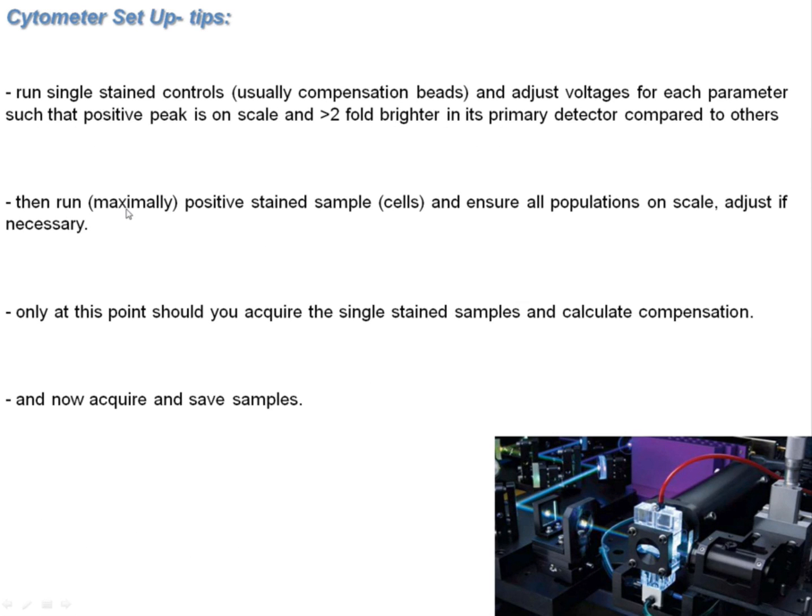A couple of lines about actually setting up on your cytometer. Again, whether you're using 2 colors or 15 colors, some quick tips to consider, or how I would suggest anyway, is firstly, when you're setting up the cytometer, run your single controls first. So your single cell controls, which are often just your single stained compensation beads, and adjust the voltage for each of these parameters so that you get a nice positive peak in the primary detector, and it's 2-fold brighter than any other. So for example, if we start with our FITC stained cells,